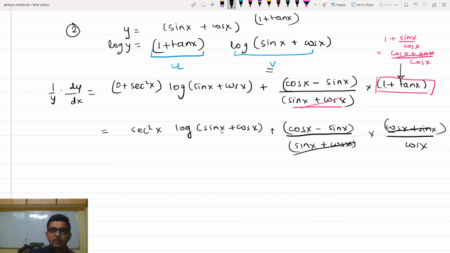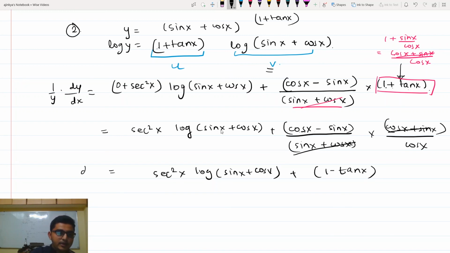So finally what we have is sec square x log of sin x plus cos x, plus if we divide this we have 1 minus tan of x, and here we have dy upon dx, 1 upon y. Now when you multiply both the sides by y, this y will get cancelled